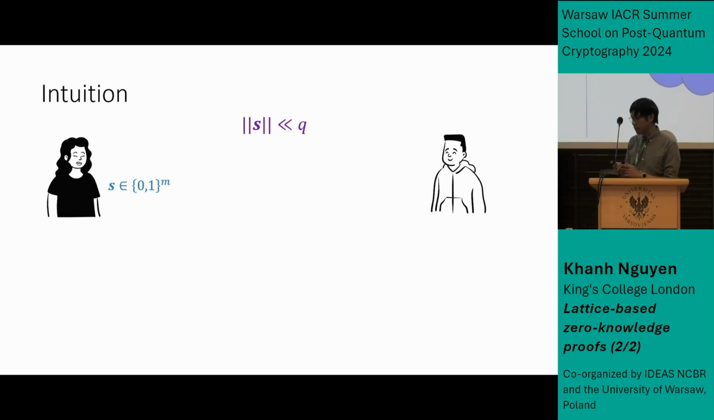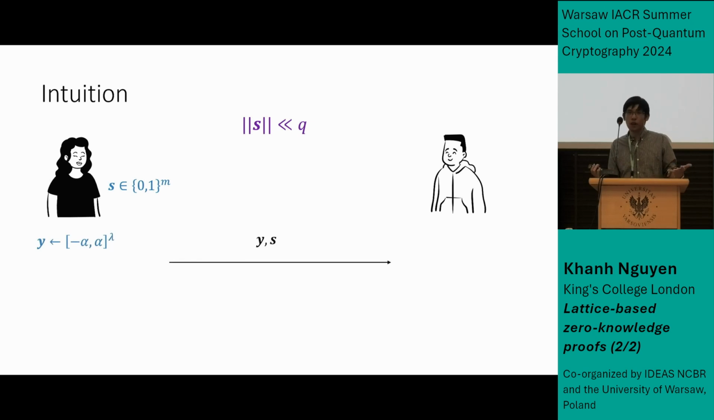Okay, so let's move on. So let's map this intuition to some kind of protocol. So I have this binary vector, right? And I want to prove that it's somewhat short. So the idea would be that,